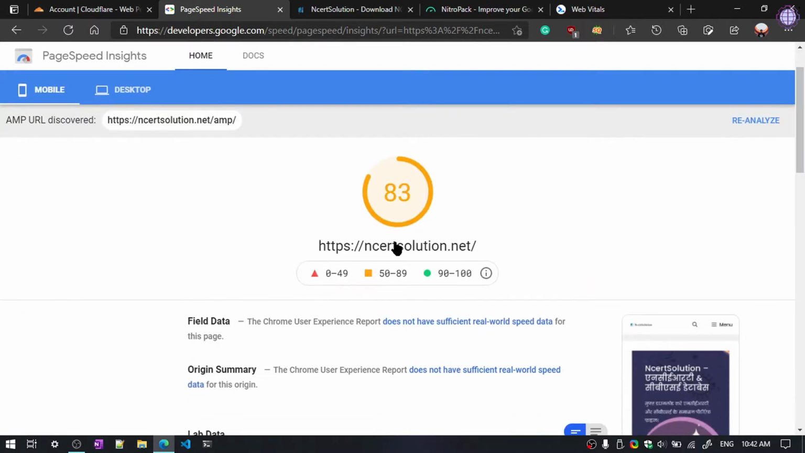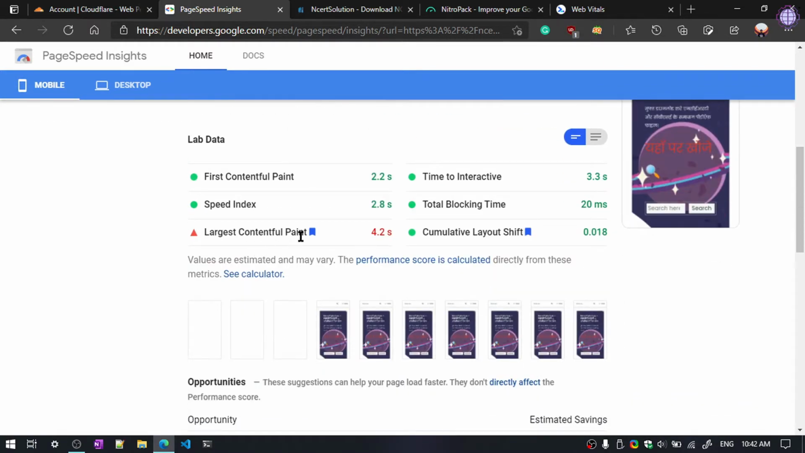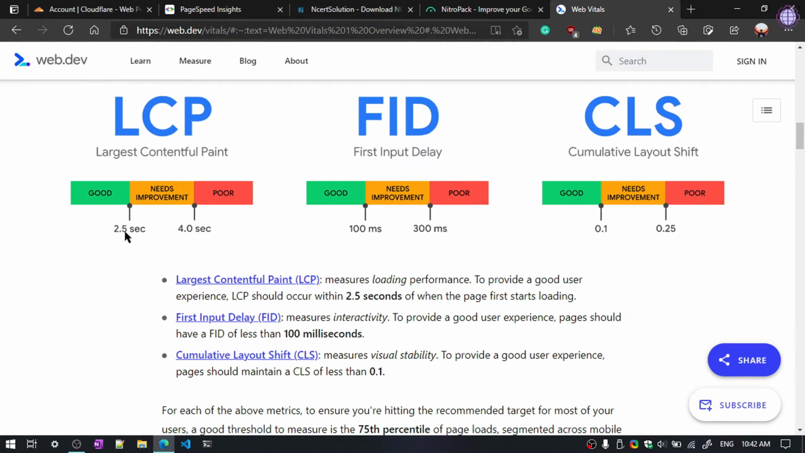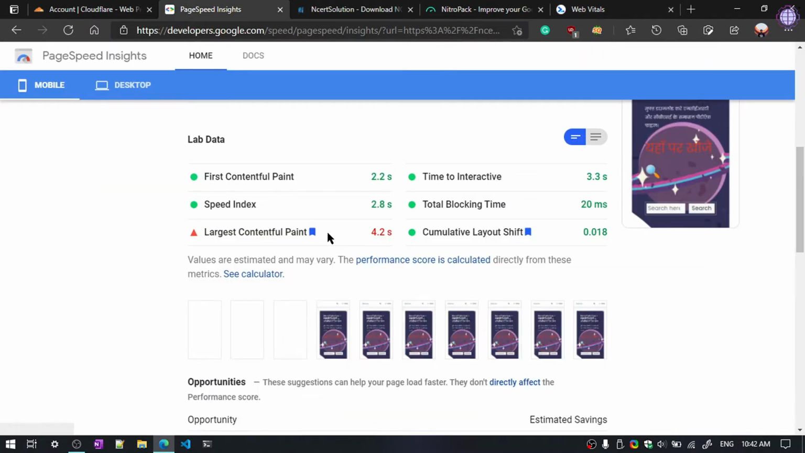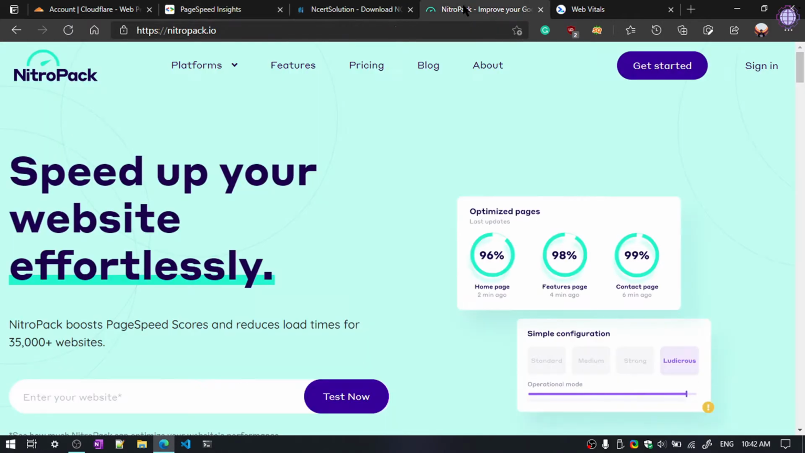You can see we have 83 and the LCP is 4.2. LCP should be below 2.5 seconds; that would be good. If the score is above 4 seconds, that means it is very poor. So these two are Core Web Vitals, and we need to improve them. So what do we need to do? You can see